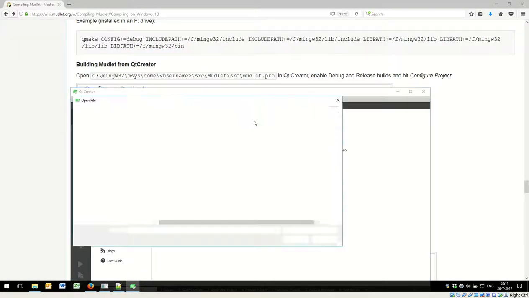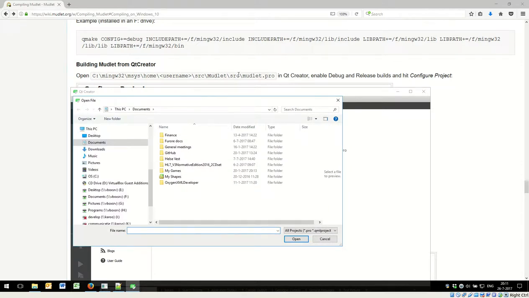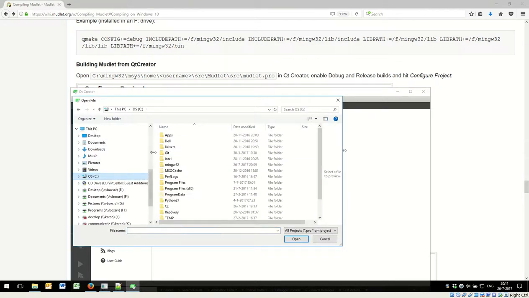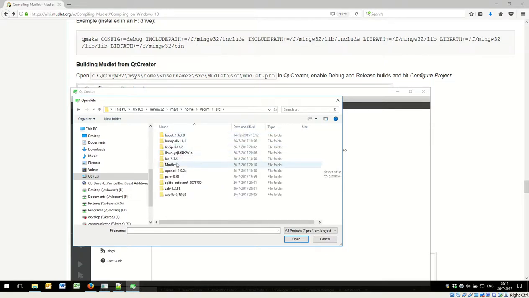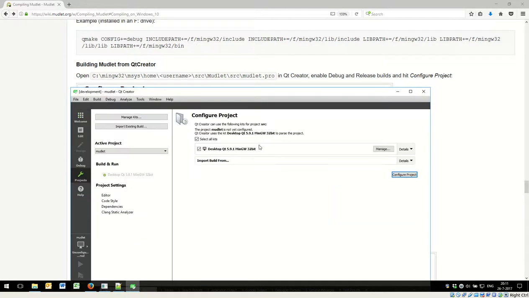So we hit open project and then we open up this path. So we go to C, Ming32, msys, home, your username, src, Mudlet, src, and we select Mudlet.pro there because Mudlet is totally pro. Hit open